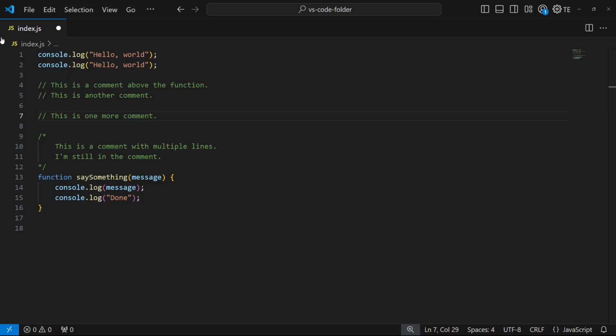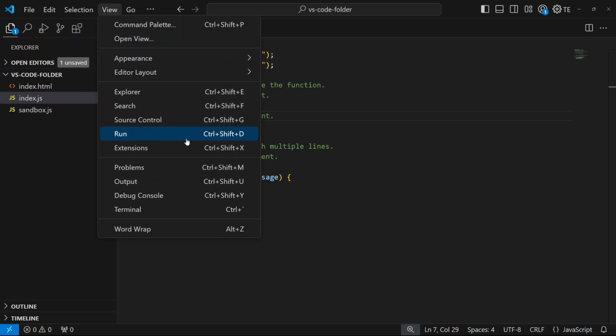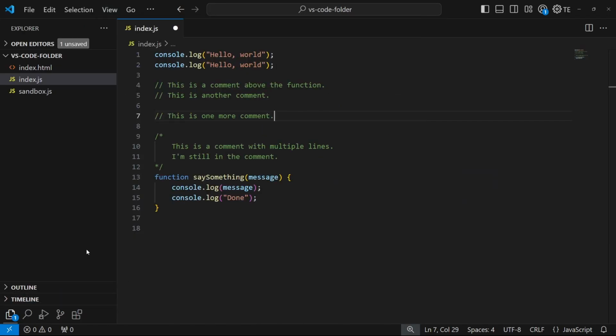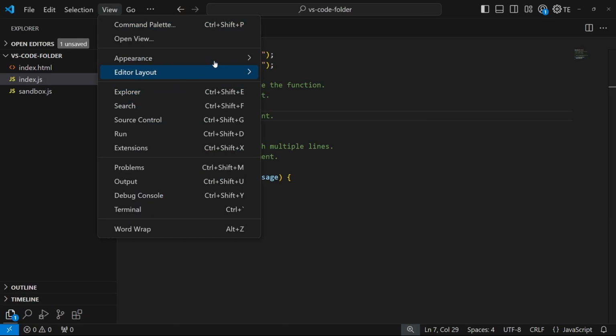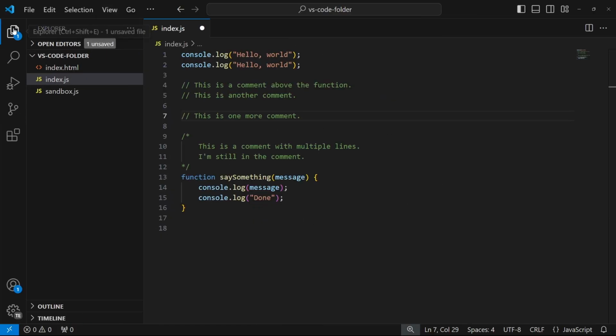Activity bar position, I press Control plus B. This is the activity bar. Sorry, this is the status bar at the bottom. This is the activity bar. I moved it to the top. And also I can move it back to the bottom down here, or I can just leave it to where it was before, to default, which is the left here. That is the